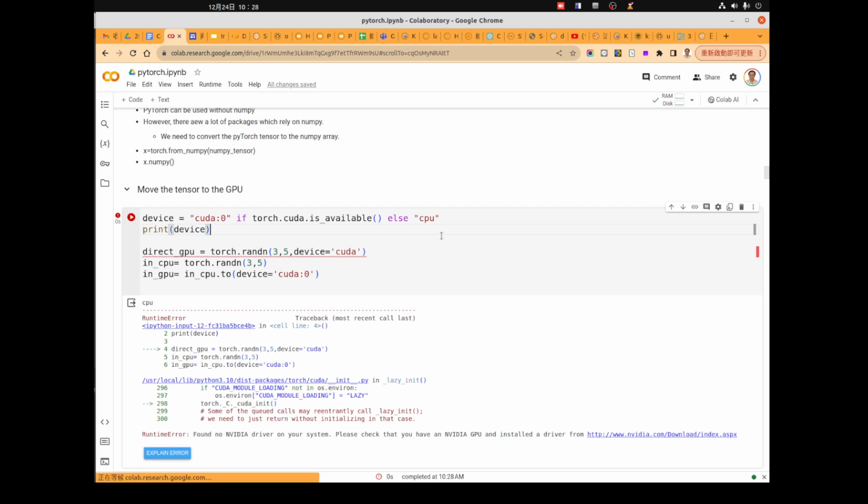Okay, so in this way, you will put the data on either the CPU or the GPU.